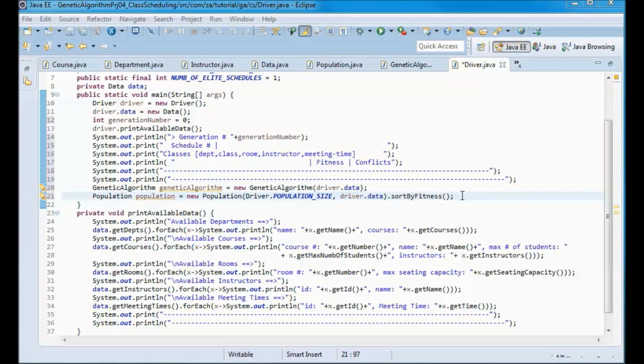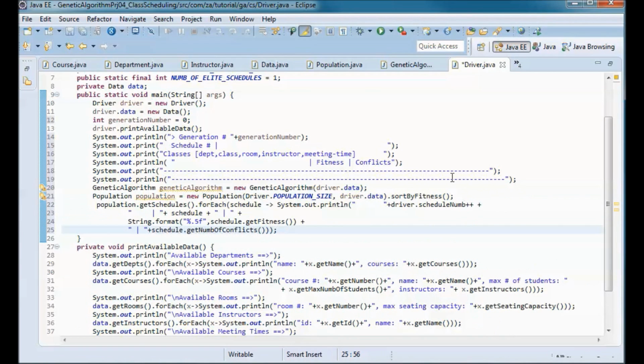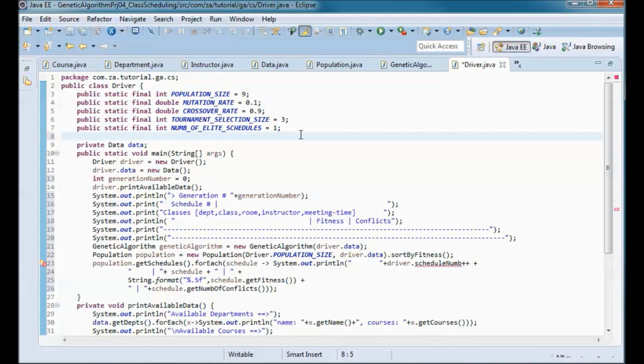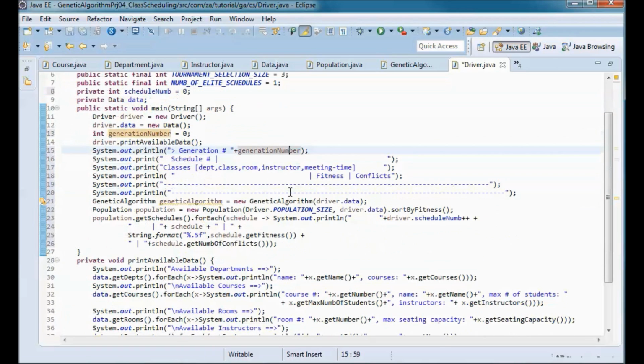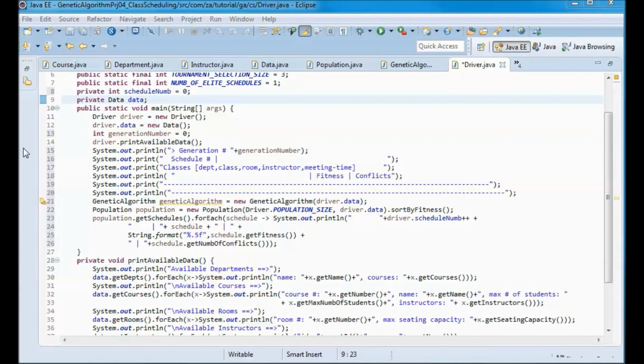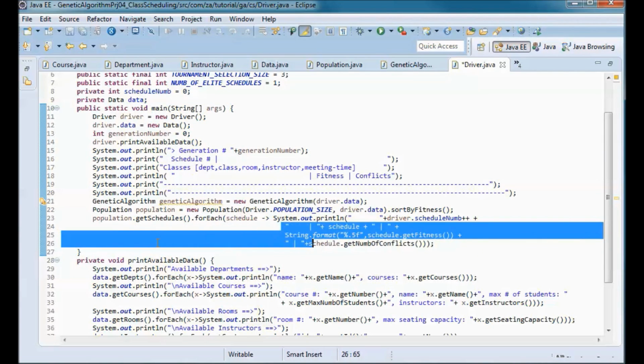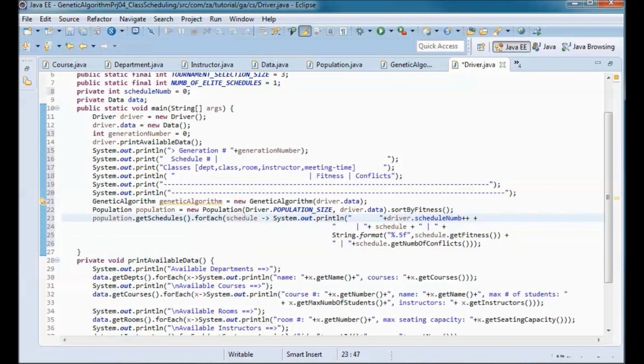And I will go through all those schedules in that population, printing them, and let me define here this schedule number, and let's tab here, make it more visible.